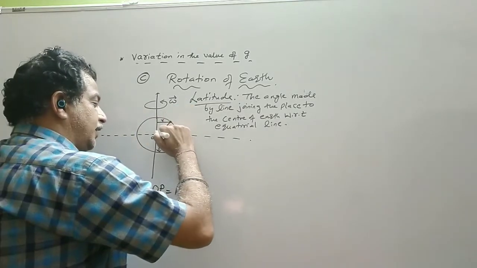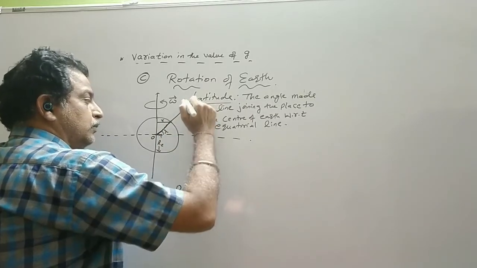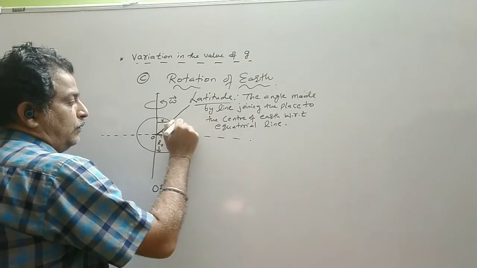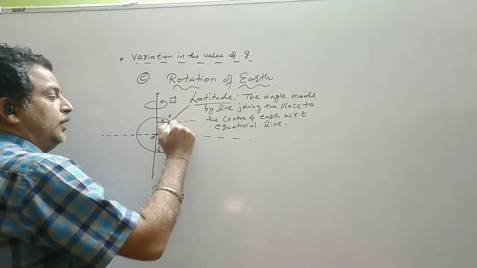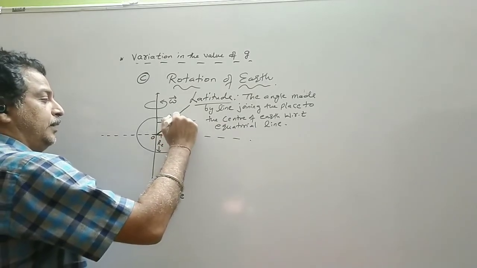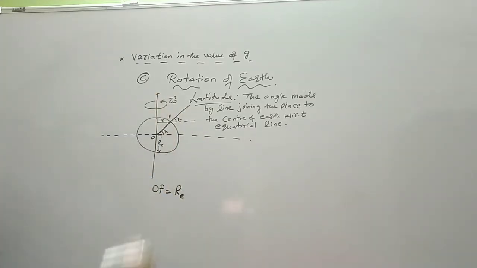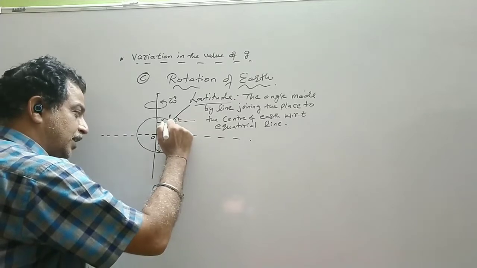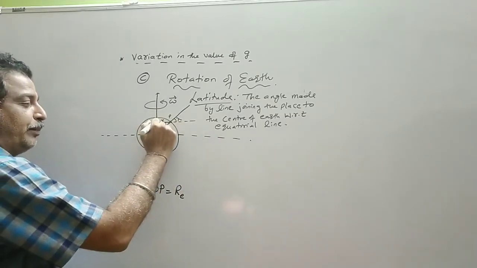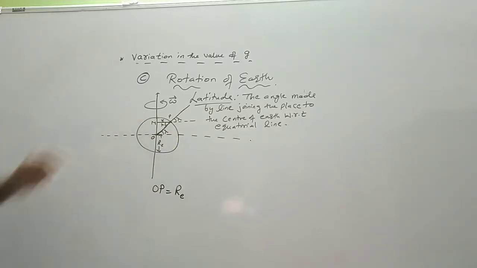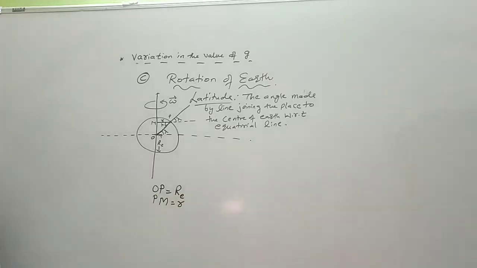Now we extend this line and we make a Cartesian coordinate system at this point. So if this is lambda, this also comes out to be lambda. You can verify this by the geometry. If this is lambda, this portion also comes out to be lambda. So from point P, we drop a perpendicular on the polar axis, say M. Then PM in the figure becomes small r.